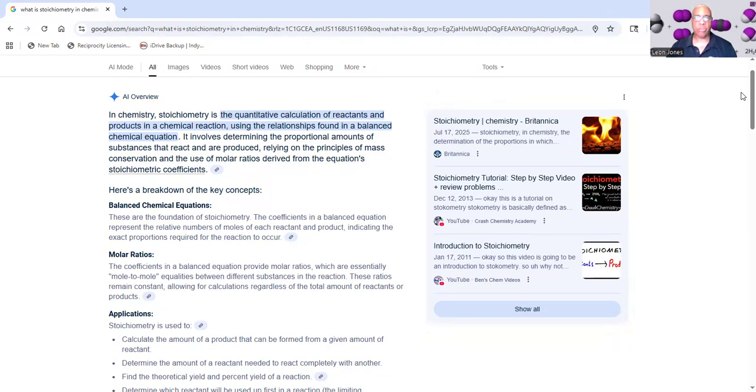We're going to use the relationships found in a balanced chemical equation. And it also involves determining basically the proportional amounts of substances that react and are produced relying on the principles of mass conservation. And we use the molar ratios derived from the equation's stoichiometric